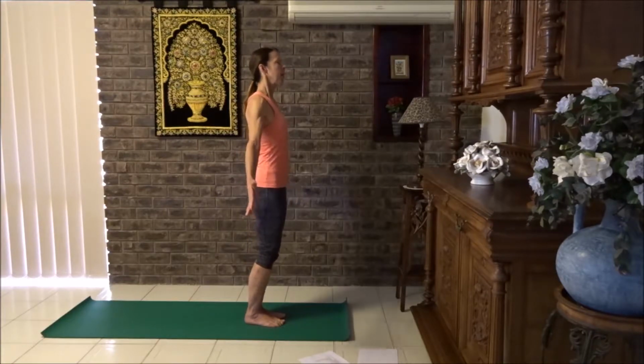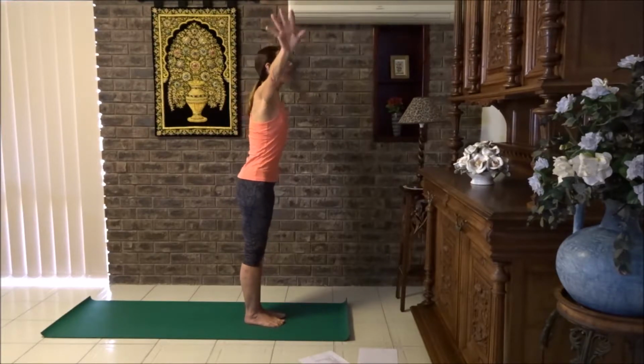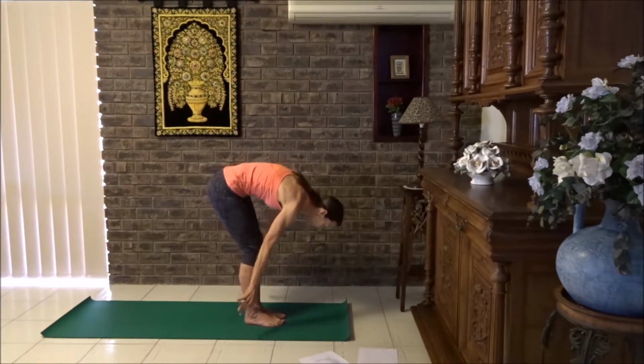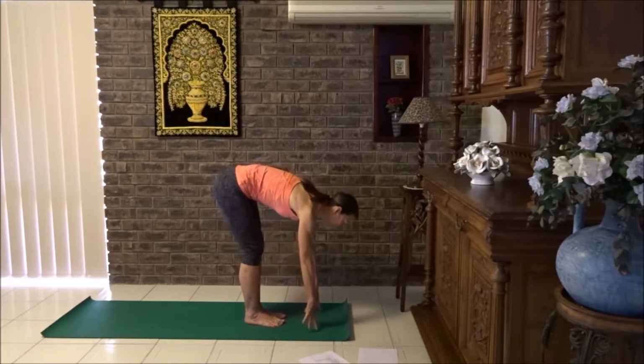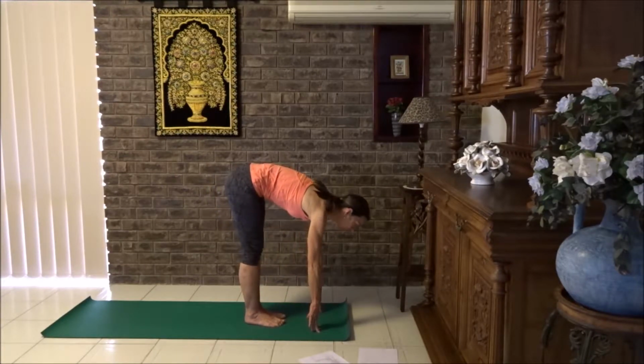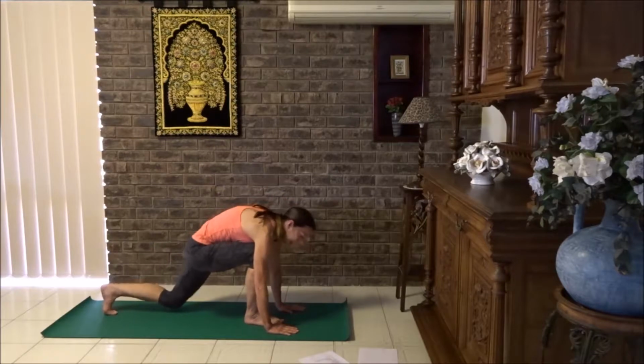Let's take a deep breath in, sun salute, reach up. Now try to reach your arms up a little bit more and then breathe out, forward fold. Breathe in, flat back, hands can be on shins, perhaps even the floor. Feel the stretch in the back and breathe out, forward fold, and then step your right foot back, place your